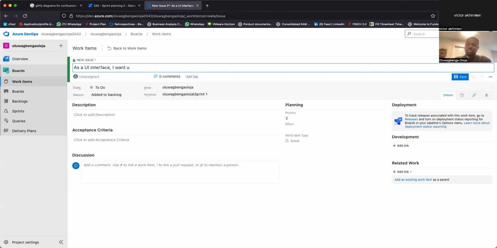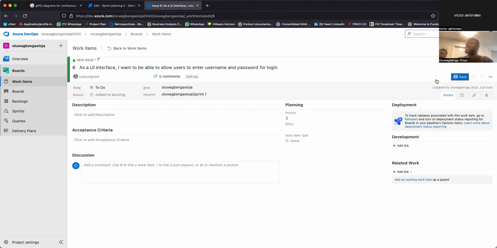I want users to be allowed to enter username and password. Okay, blah blah blah. We can fill all this later, no time.